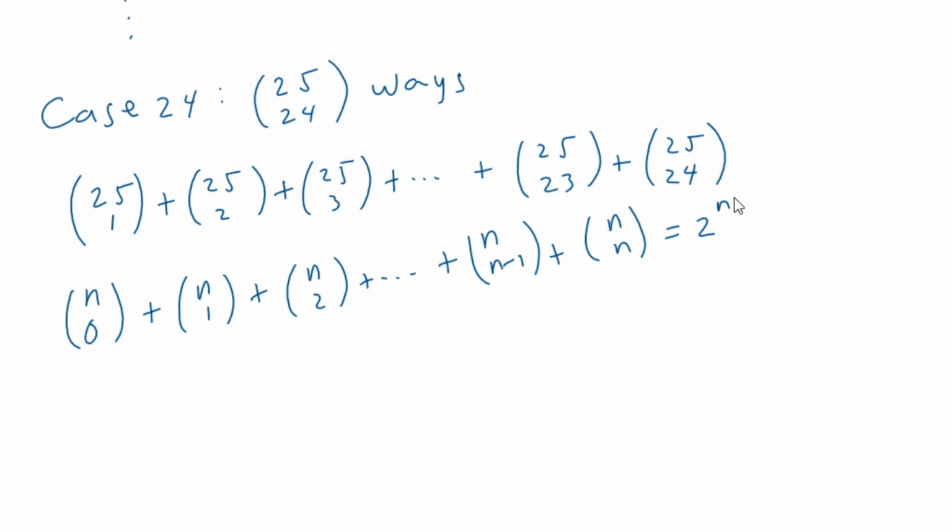Obviously, we cannot directly apply this identity because in the given sum we lack the terms 25 choose 0 and 25 choose 25. So let us manipulate this expression or sum slightly so that we can apply the combinatorial identity. This one is the same as